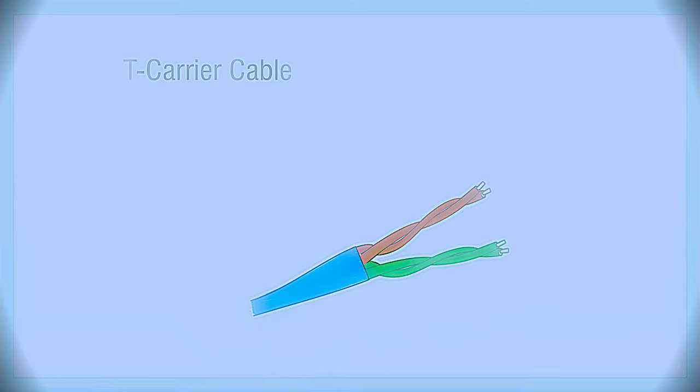It's actually pretty old. It was first introduced back in the 60s by some of the major American telephone companies. It's still widely used in the US today because it works so well. Unlike a modem, the T-carrier system is completely digital. It uses two pairs or four wires of copper cable. One pair of these wires is used for transmitting data, and the other pair is used for reception. Because the T-carrier system is completely digital, you can mix both voice and data communications on these two pairs of